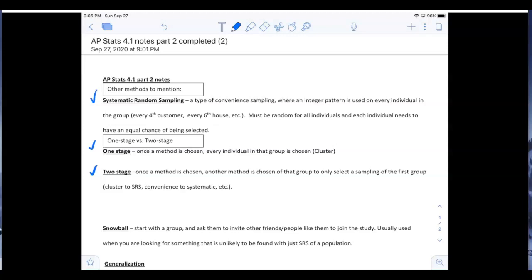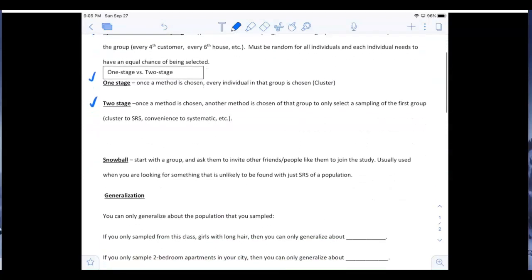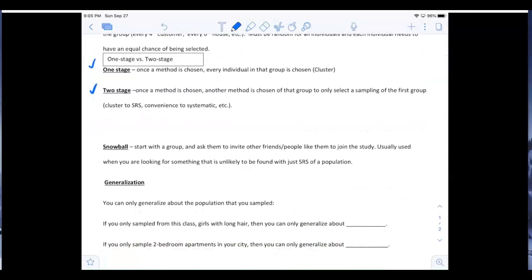All right, another one that you might hear about, our book does not discuss it specifically, is snowball sampling. Snowball sampling is when you're trying to reach a really, really small group of people. So let's say we're trying to find people who have recovered from a very, very specialized, very rare type of cancer. So I might be able to find one or two of them, but I would be better off trying to get other people by asking the one or two I know if they know other people,